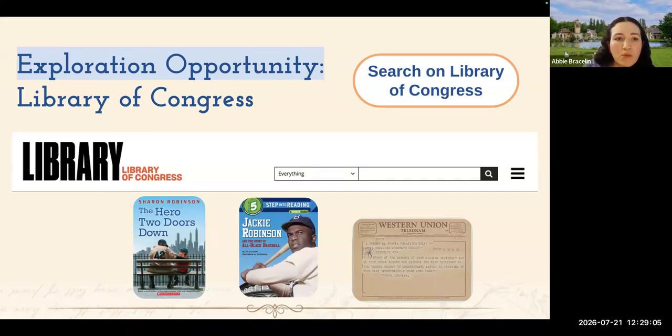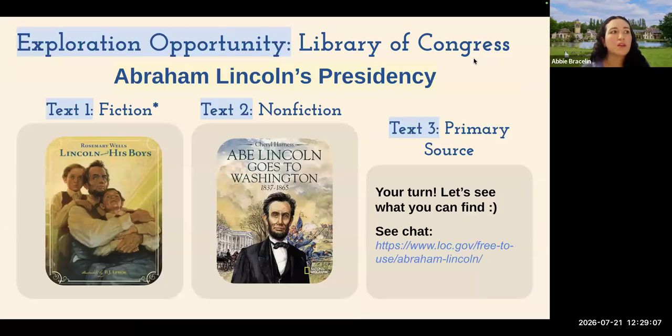Now let's go ahead and move into another topic. So this is Abraham Lincoln's presidency. Thank you, Autumn. So Autumn is pasting in the chat a text set book list if you're interested in Abraham Lincoln. I know that it's a topic that usually gets covered in the early grades, but a text set can help really make it complex. So instead of it being more watered down, oh, he was this president, he wore a top hat, those kind of generalized things. That's great, but what else about him?